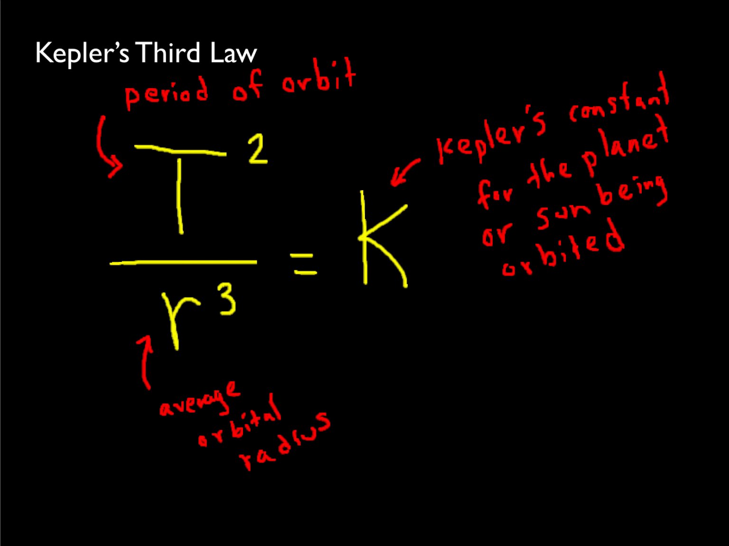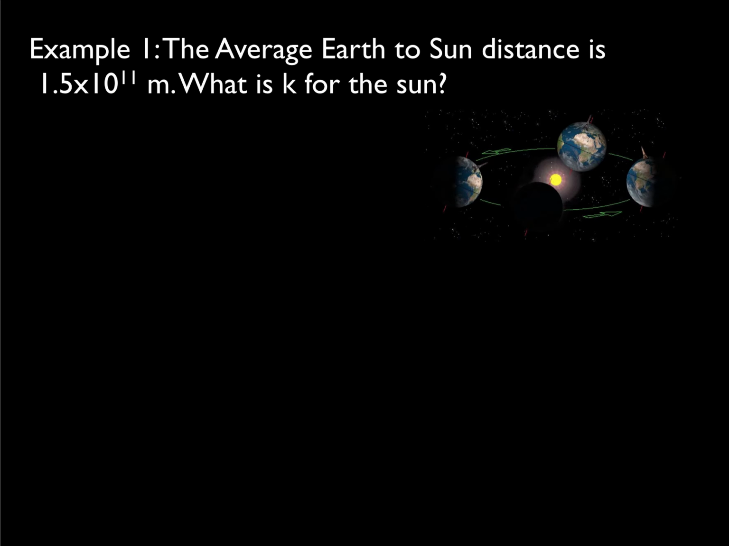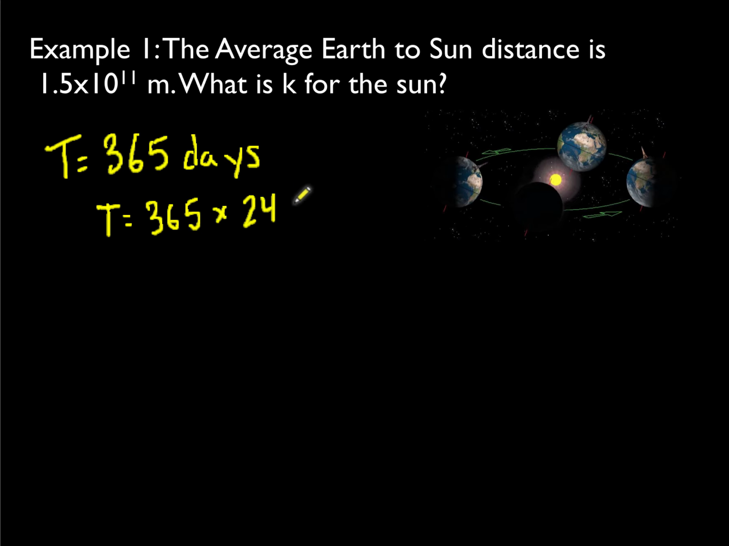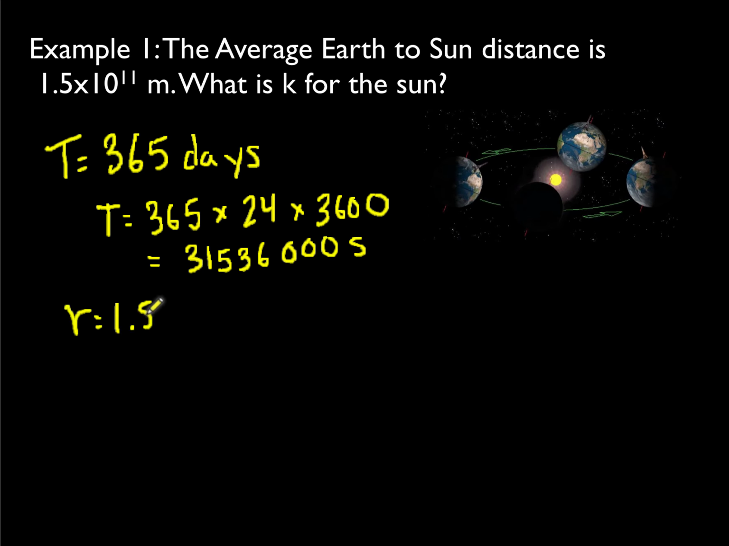Here's an example. Example 1. The average Earth to Sun distance is 1.5 times 10 to the 11 meters. What is k for the Sun? Well, the orbital period for the Earth is 365 days. To get this in seconds, we multiply 365 by 24 hours in a day and 3,600 seconds in an hour. This gives us an orbital period of 315,360,000 seconds. The orbital radius, 1.5 times 10 to the 11 meters, means that t squared over r to the 3